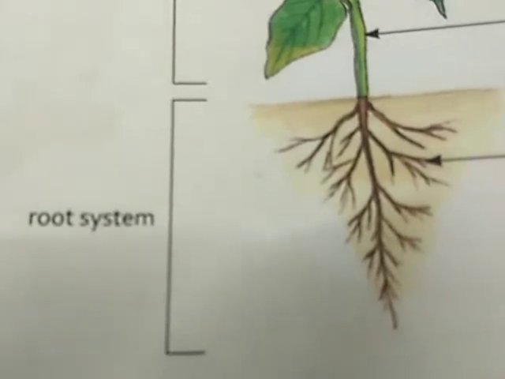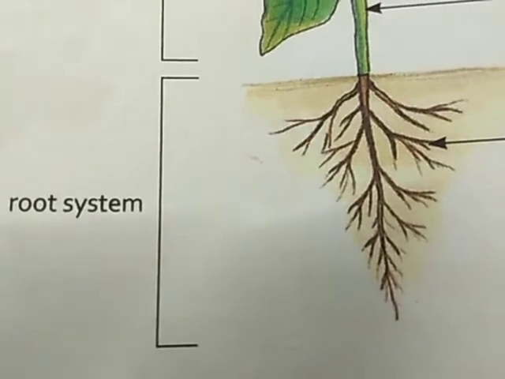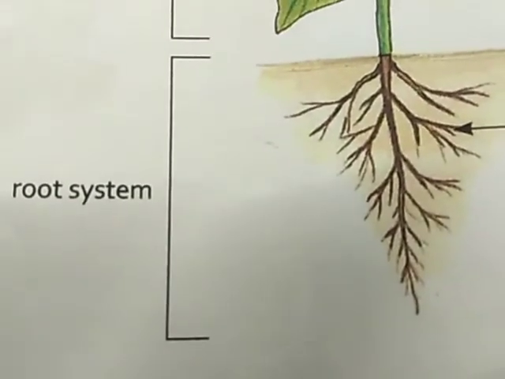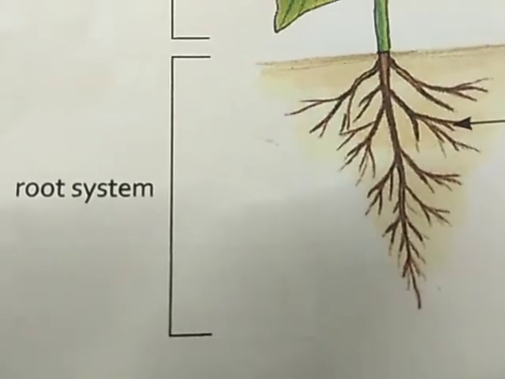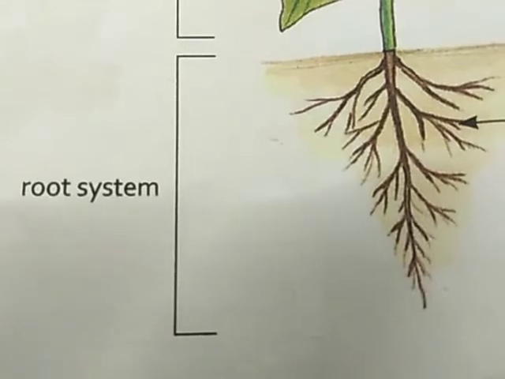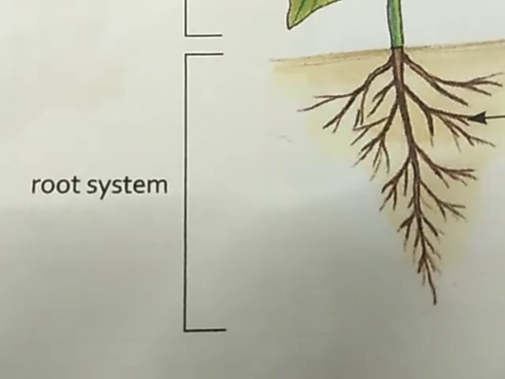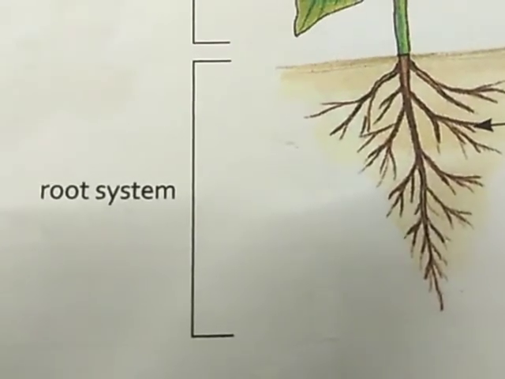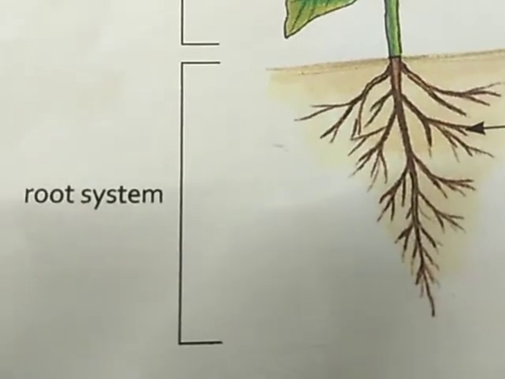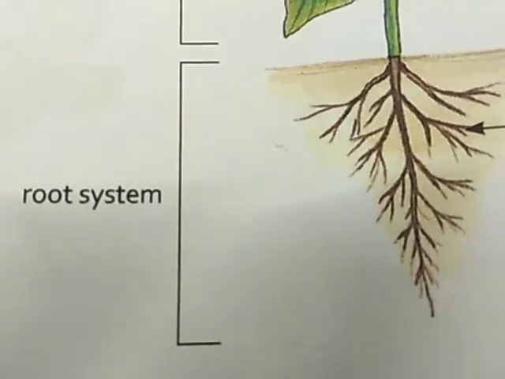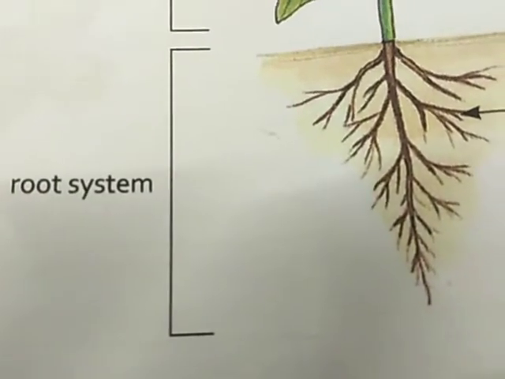Okay, what is the work of the roots in a plant? That is known as the function of the root. What work the root does is known as the function of the root. So why do the plants need the roots? The main work of the root, what it does, is anchorage. Anchorage means the main function of the root is to anchor the plant firmly. Anchor means hold it to the soil. It makes the plant stand in one position. That is known as anchorage.